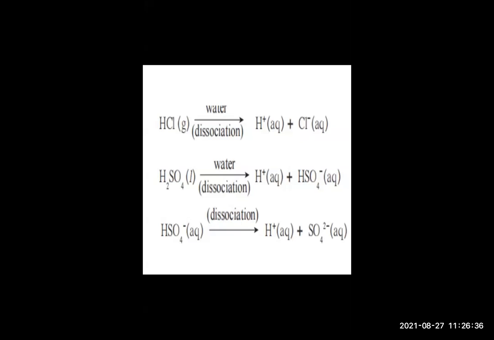Similarly, for example, H2SO4, that is sulfuric acid. Because of dissociation in water, it will turn to H+ and HSO4-. And if you take HSO4-, again it will dissolve in water and form H+ and SO4 2-. So this is how the chemical reaction takes place. That's what Arrhenius told us: an acid is a substance which on dissolving in water gives rise to H+ ion as the only cation. Come on, everyone write the definition of acid in the chat box. Arrhenius.